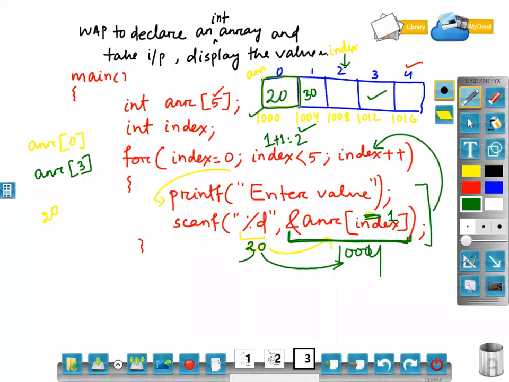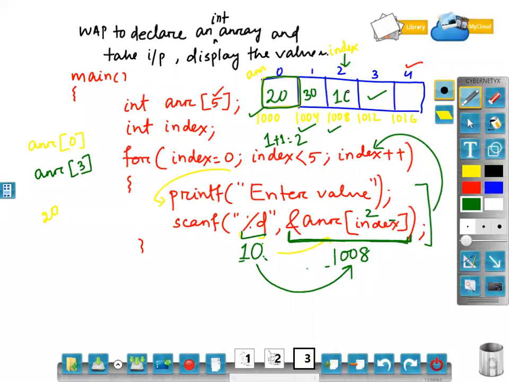Since my index is changing, let the value I am entering be 10. So where will 10 be stored? What is the index? Index is 2. So array of 2's address means 1008. Clear? So 10 will be stored at 1008 location.